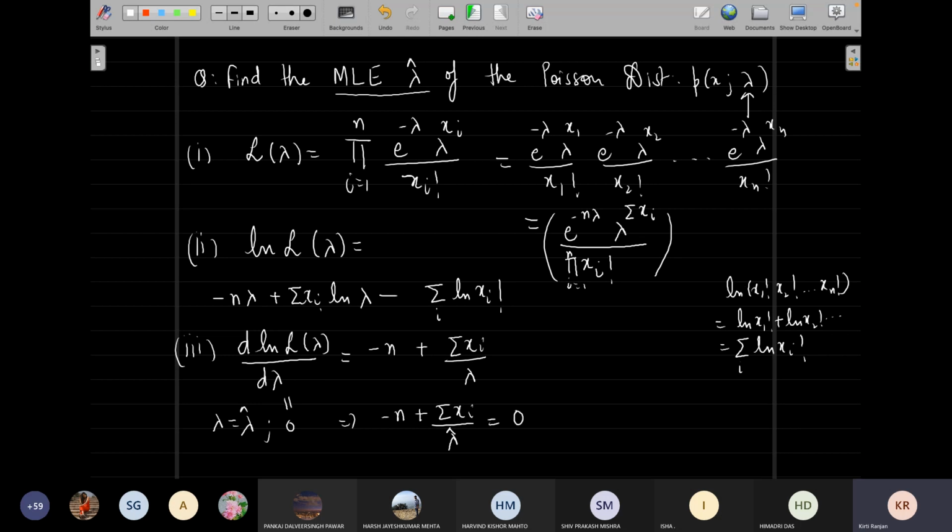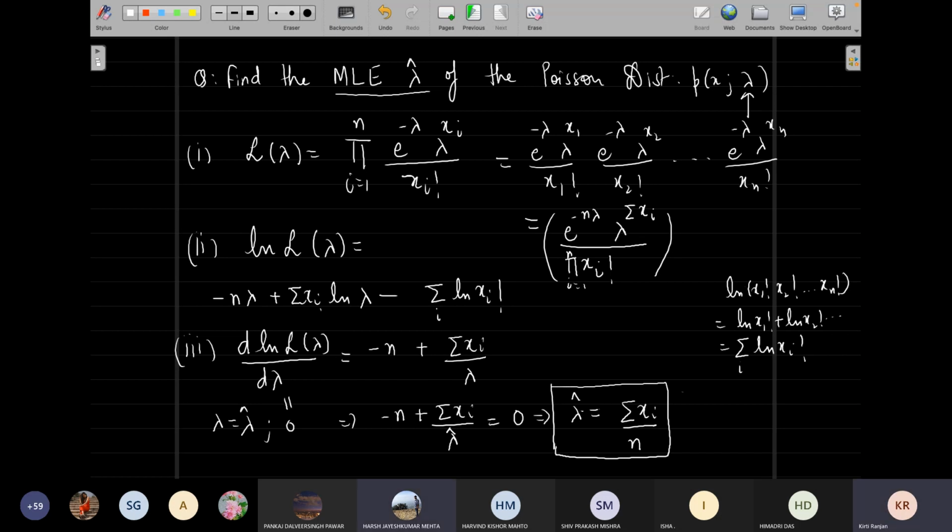So for this particular value of lambda, we have d log of L over d lambda going to 0, which is one of the extremum. We still need to say that it is going to be the maximum, but this is what we are going to do. So what will be the result? Lambda hat is summation xi over n, which is nothing but